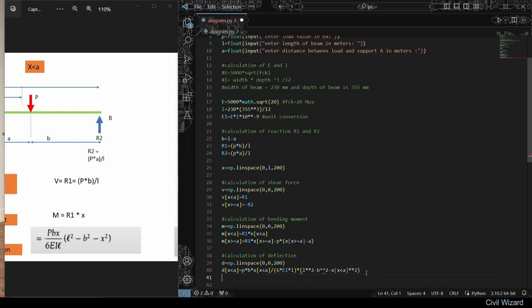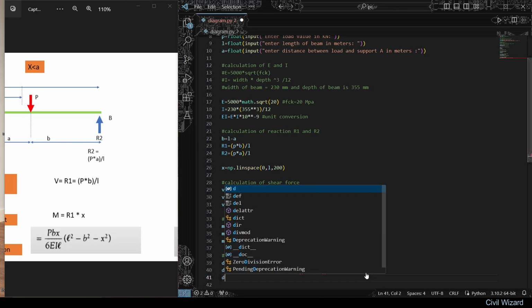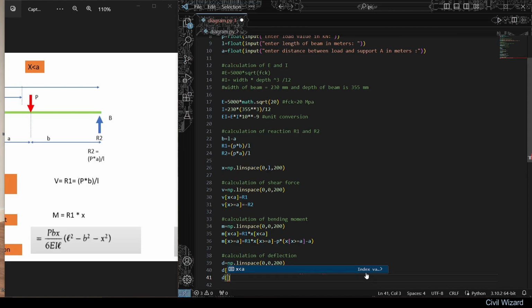Okay, now when x is greater than or equal to a, the deflection formula will be